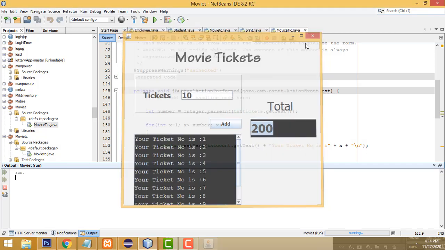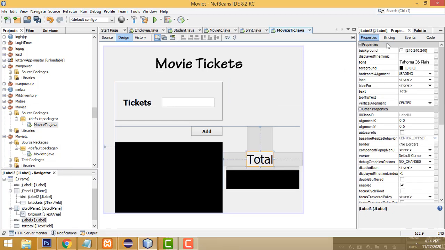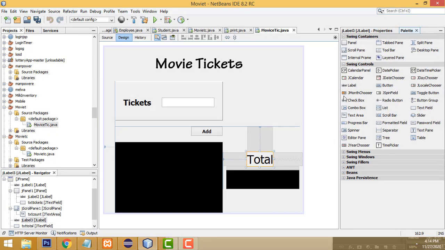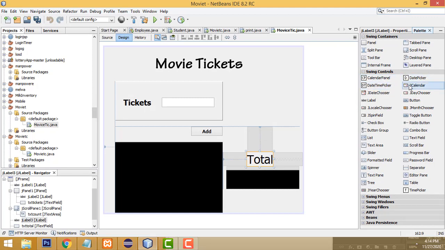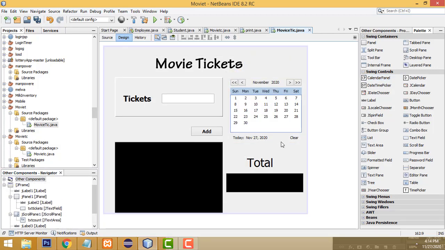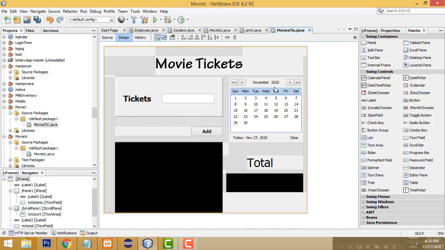Now I need to drag the date. So date also we have to get from the palette. We have to download the date calendar. There are many plugins, these are also date pickers, the date calendar. I have downloaded this J calendar jar, you can download it. This is also a relevant jar file for downloading the J calendar. So this is also the best here, very good, right? You have to download and put it here. You just go to Google and type calendar jar for Java. You can get many plugins, and put it here, right?